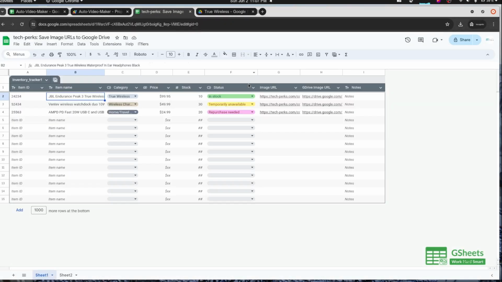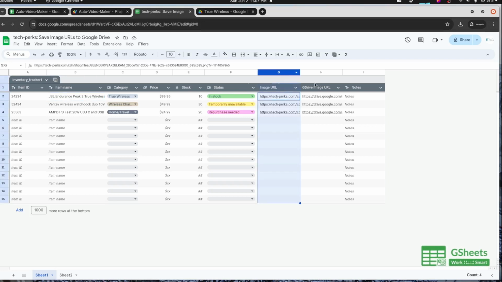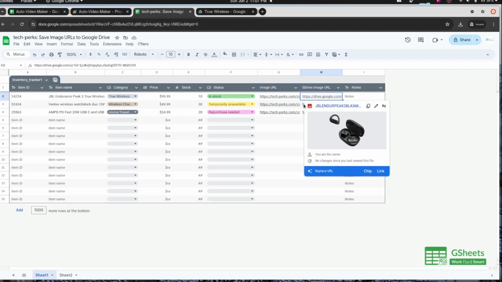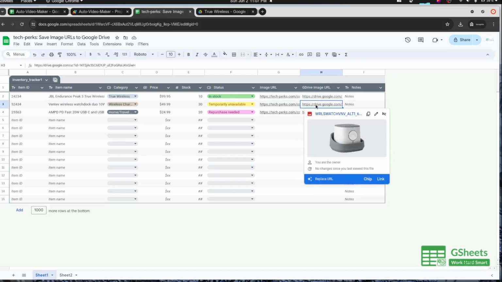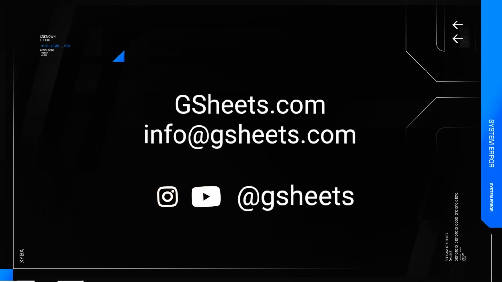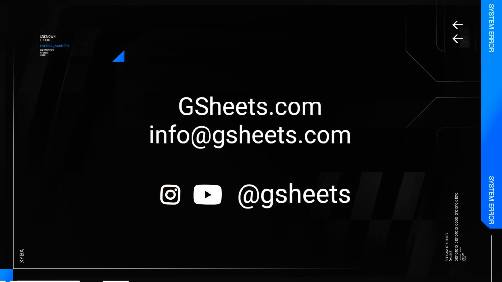Back in our Google Sheet, the G Drive Image URL column is populated with the downloadable URLs of the images stored in Google Drive. With just a few clicks, our script automates saving images from URLs to Google Drive, categorized